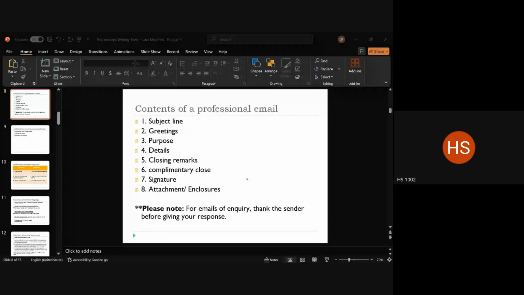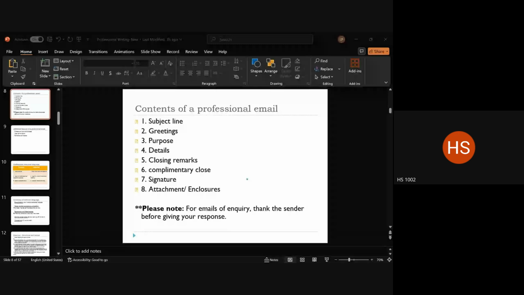Now, in the signature for professional emails, people use different elements. Some people would simply write their name, designation, and their official address. Some people will go one step ahead. They'll leave their contact number, email ID. Some people will even leave their social media profile links. Some people will leave their LinkedIn profiles, or some will leave their Facebook profiles. These are all not necessary. But what is necessary in the signature is your name, your designation, and the organization that you are associated with, right? These three things are compulsory.